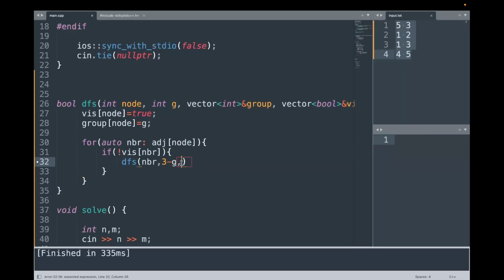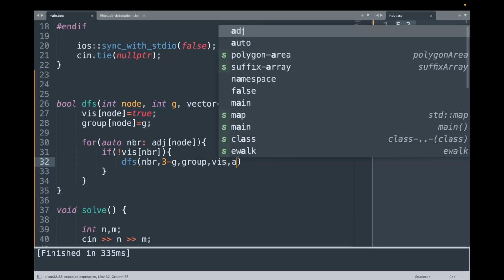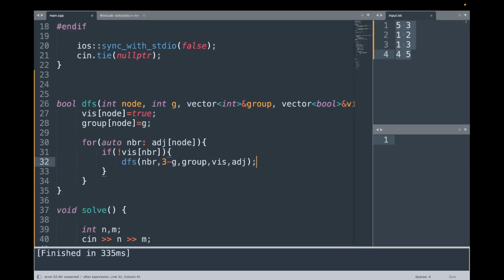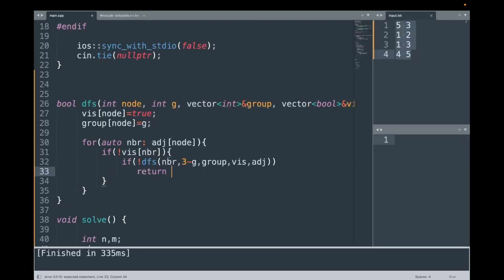So it will simply assign the right group to the neighbor node and pass everything else as it is: visited and the adjacency list. And now since this returns true or false, if it returns false, you will return false right from here. Otherwise, if the node is visited, then what you're going to do